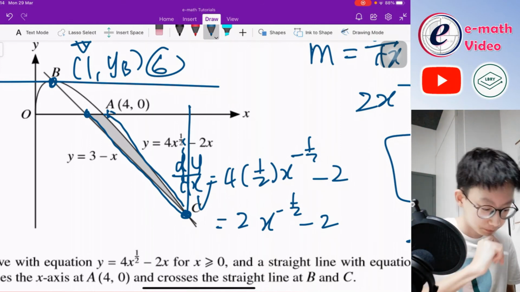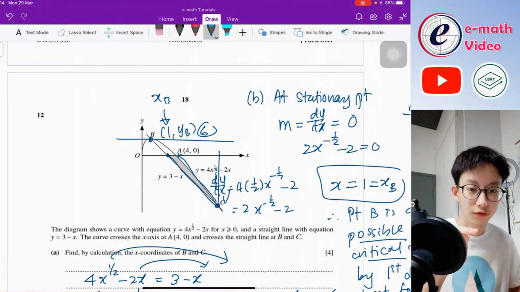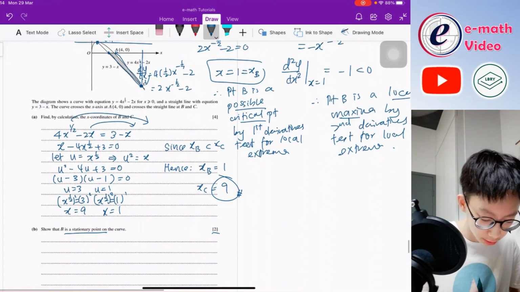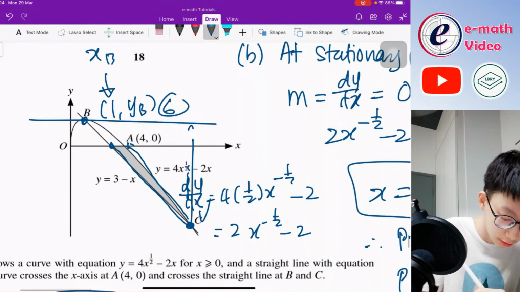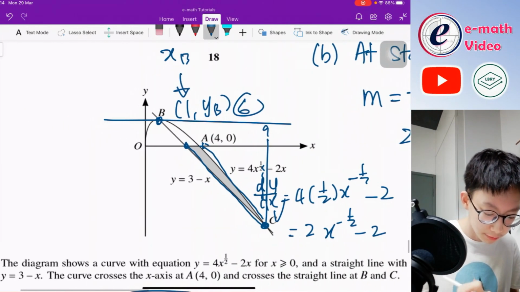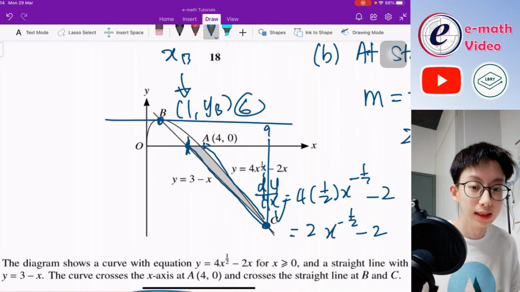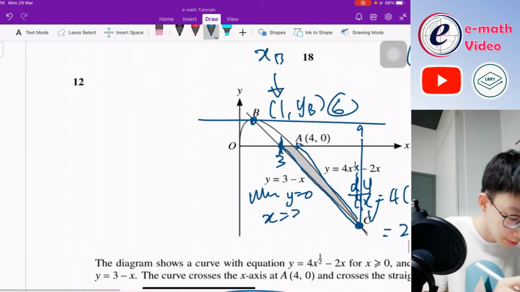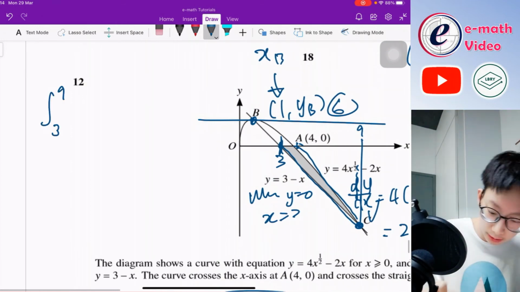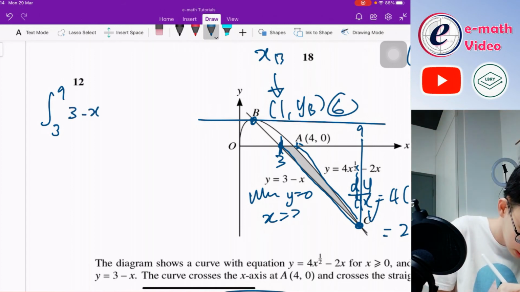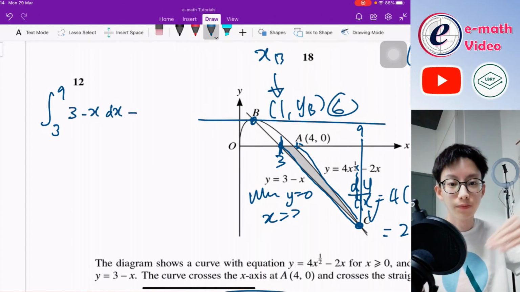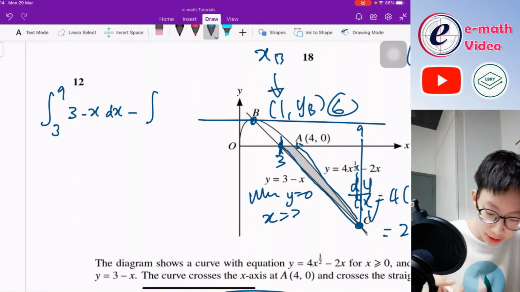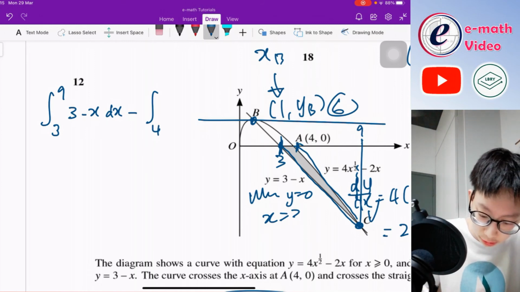So for the triangle, I'll just integrate from, just now this is point C. Point C, you already got the x-intercept, which is the x coordinate, which is 9. And this is actually the x-intercept of the line, where y equals 0, x equals 3. You integrate from 3 to 9 of the line, 3 minus x dx, minus from the curve to the axis. But take note, for the curve you actually integrate from 4 to 9